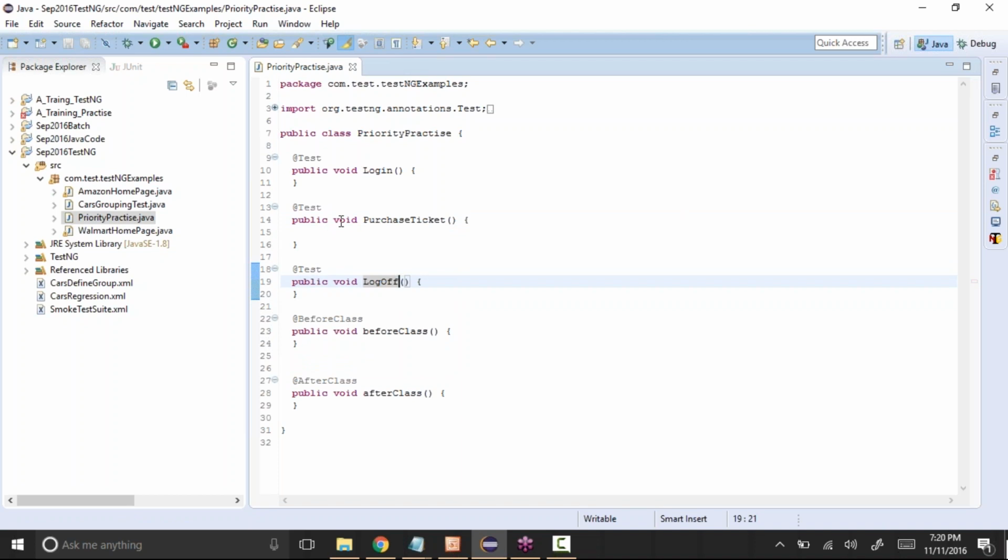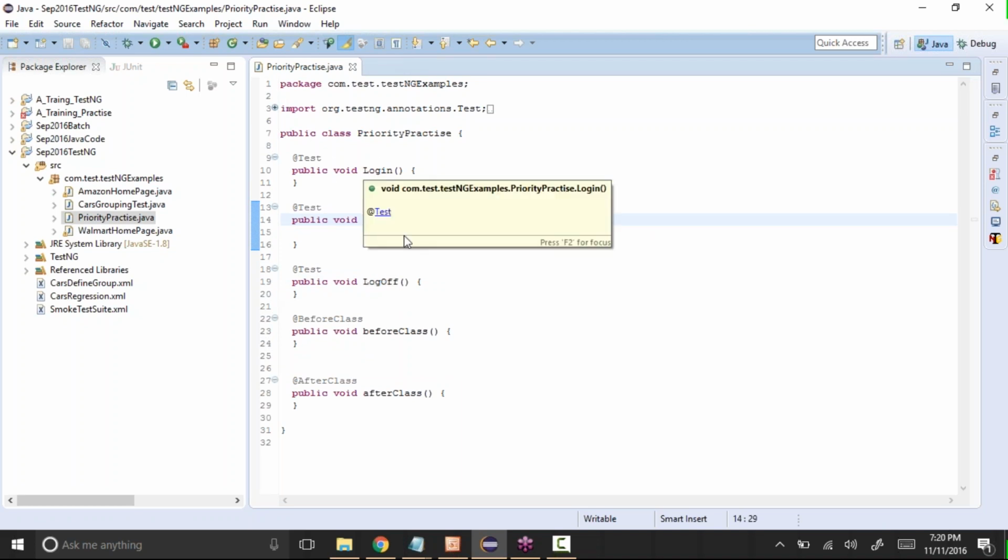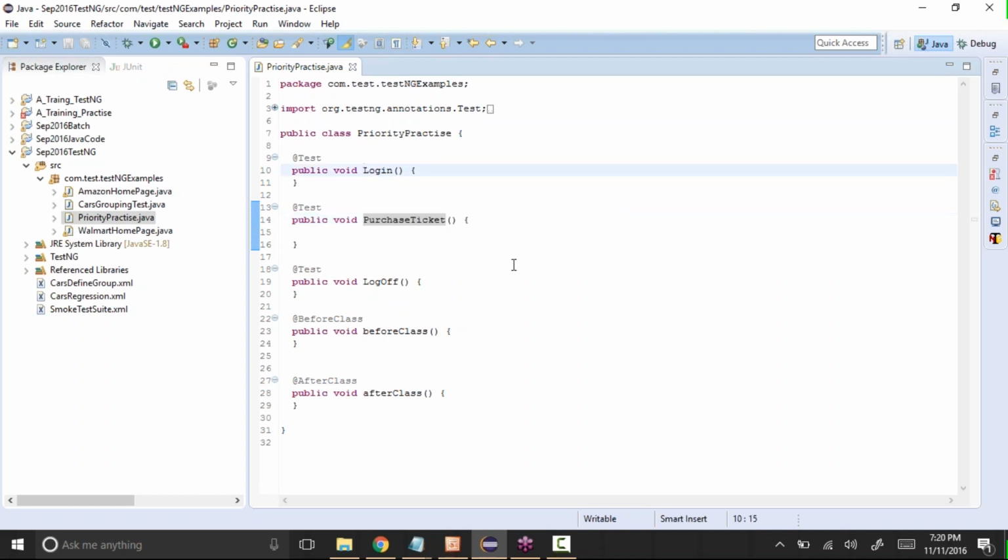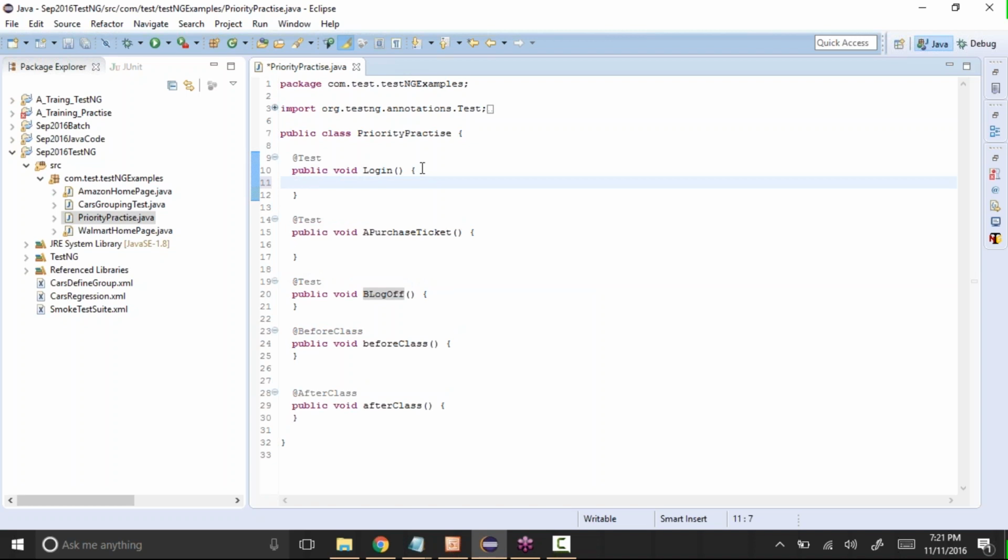Okay, so what we need to do, first of all, when you purchase a ticket and you execute this one, what might happen is, let's say instead I'll say something like this, a purchase ticket. Okay, and let's say something like B log off. Okay, so in this case what will happen, let's say when I execute it, let me keep a small